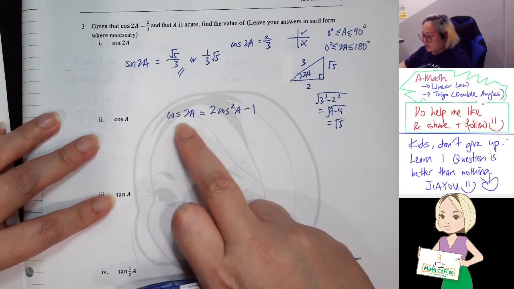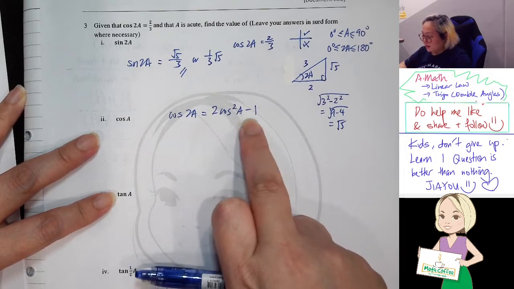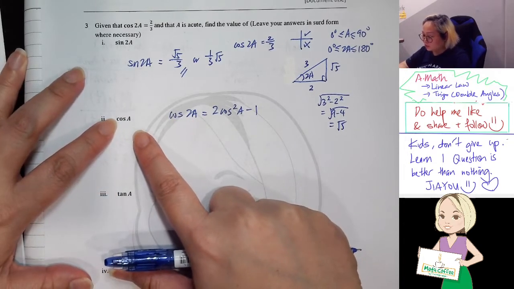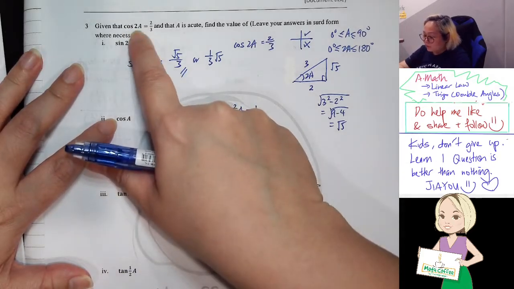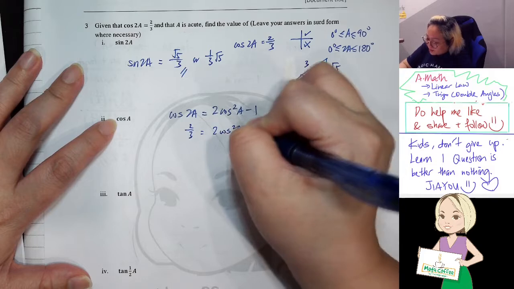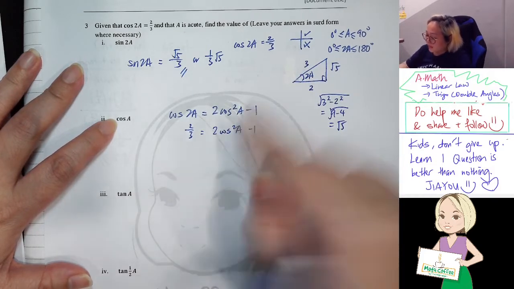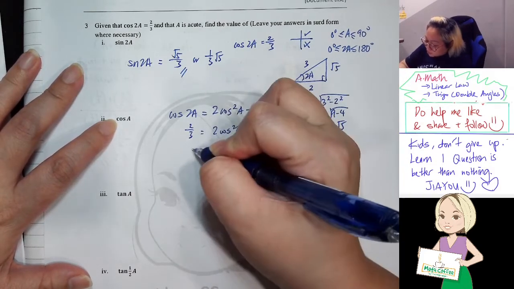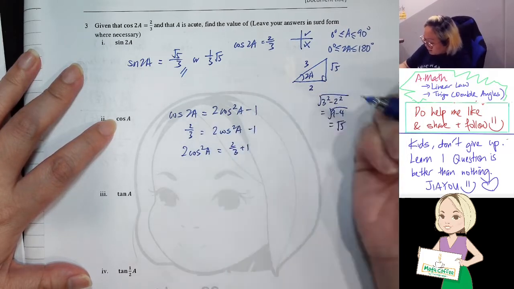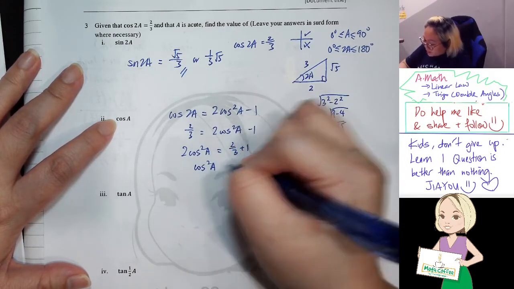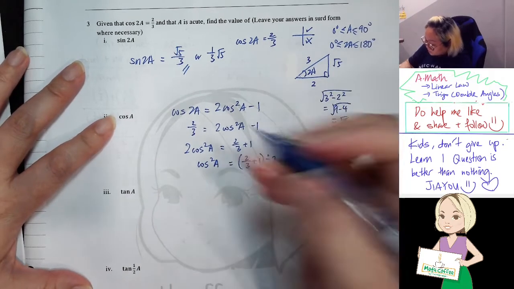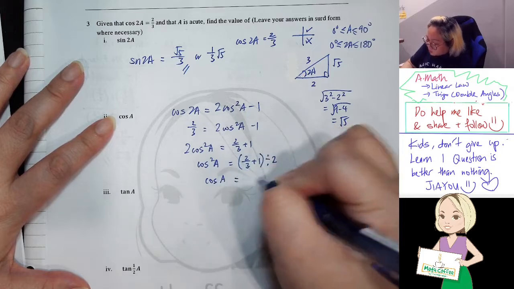Okay, so cosine 2A is equals to 2 cosine square A minus 1. Because I already have my cosine 2A, I'm going to just put 2/3 here: 2 cosine square A minus 1. So all you need to do is solve cosine A. I'm going to shift over. So 2 cosine square A is 2/3 plus 1. Cosine square A is equals to 2/3 plus 1 divided by 2. So my cosine A is equals to